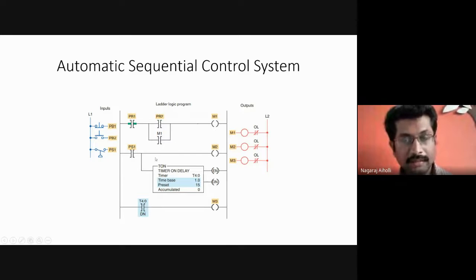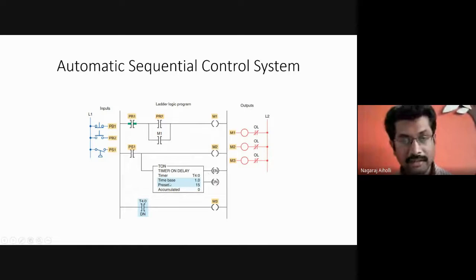Okay, then PS1, when in the lubricating motor the pressure reaches a certain value, PS1 will be activated. Because of this PS1 getting activated, the main drive motor will be actuated, and the timer instruction is turned on because of the enable bit becoming 1.